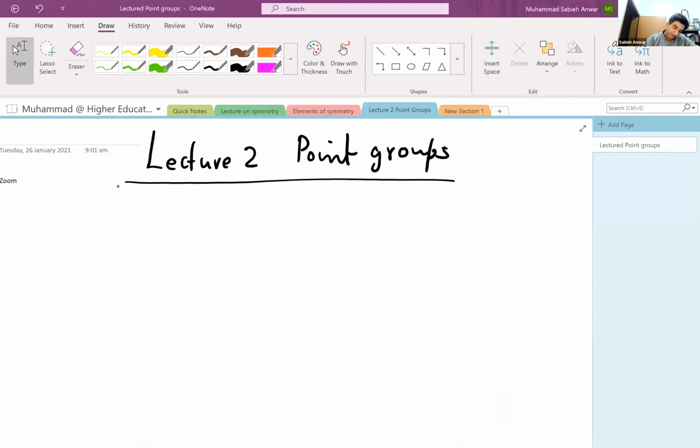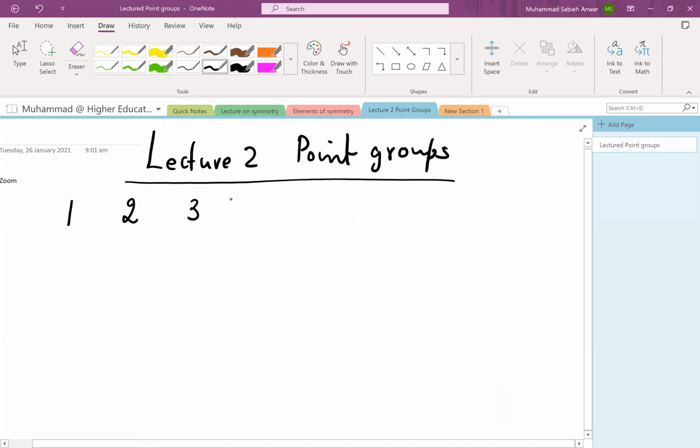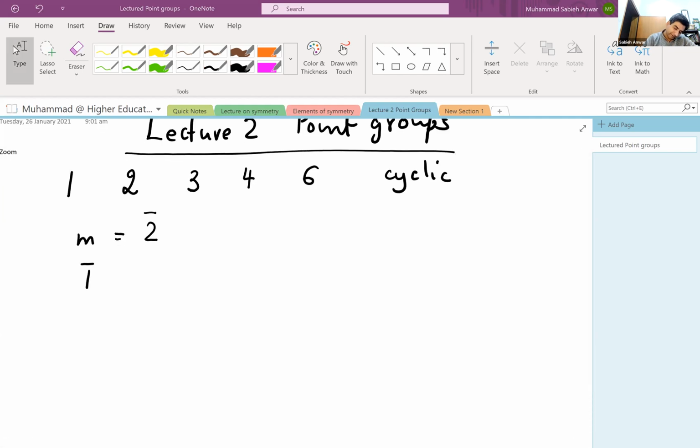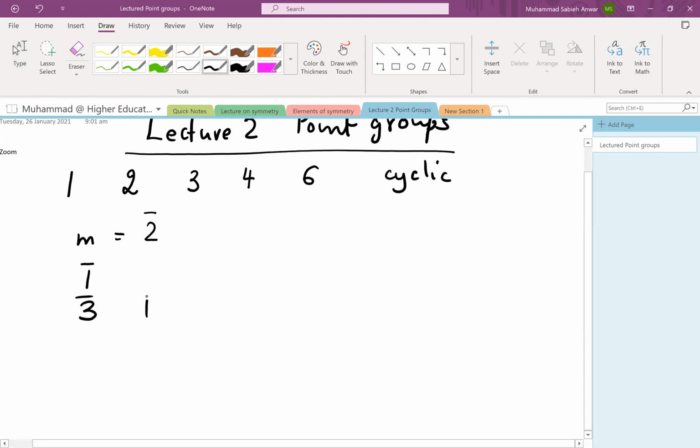All right. So they are 1, 2, 3, 4, and 6. These are cyclic operations. Then there's m, which is also 2 bar. Let's go in order. There's also 1 bar, then 3 bar, 4 bar, and 6 bar. So there are 10 symmetry elements in total,